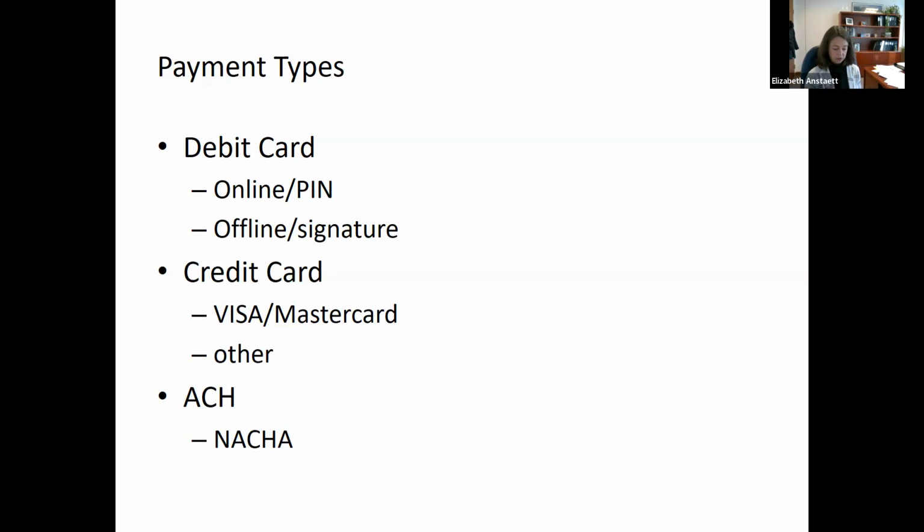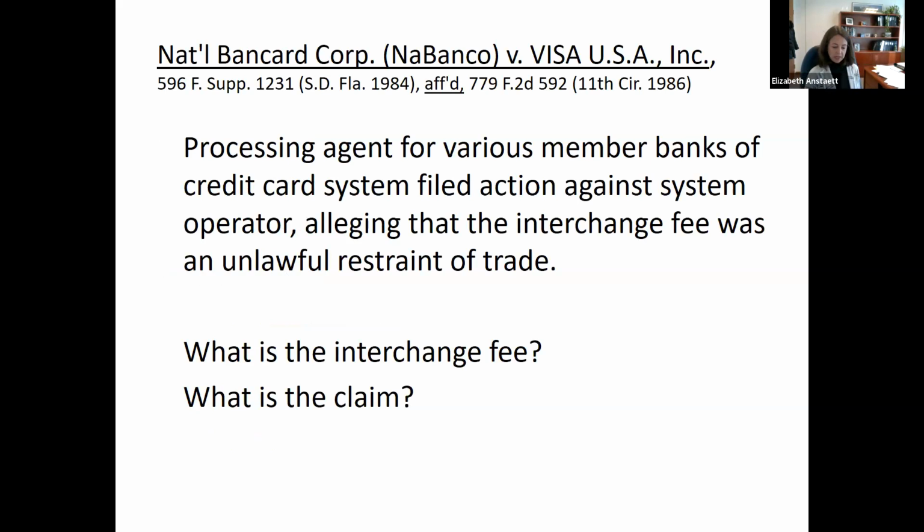But through the development of these payment systems that, as I said, go through really just a handful of organizations, we have seen antitrust challenges. And so that was our first case that we read for this module on 278, where the group that was processing some of these payments, and again, we see this is in the 80s, filed an antitrust suit regarding the